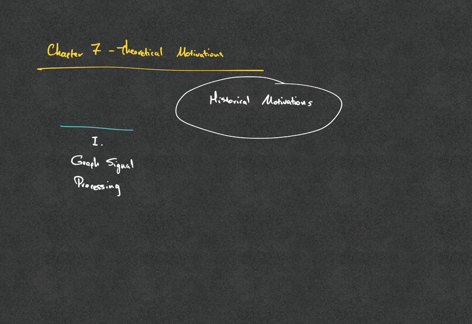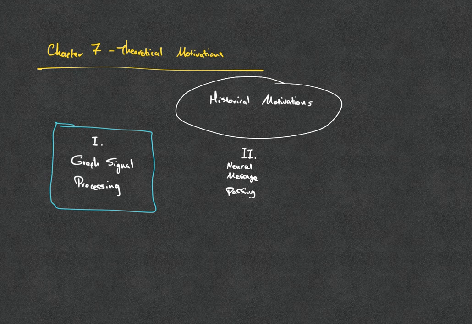The first one was based on convolution and graph signal processing as a means of generalizing convolutions from the Euclidean to the non-Euclidean graph domain. The second was the major similarity between the mechanism by which graph neural networks operate and the message passing algorithms that were proposed for many probabilistic inference applications and graphical models. This actually is the one that I personally find most illuminating when talking about graph neural